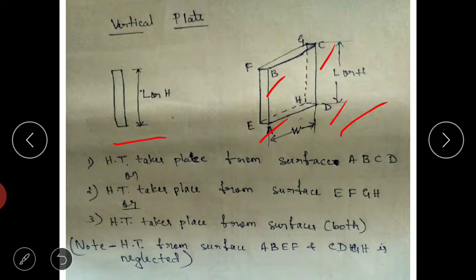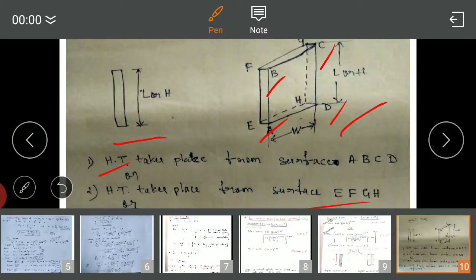Now the heat transfer is happening from both the surfaces. If in the problem it is said one of the surfaces is insulated, then heat transfer takes place from only one surface. Please go through the note here. Heat transfer takes place from surface ABCD, as well as from surface EFGH. If nothing is mentioned, heat transfer takes place from both the surfaces. If a particular condition is given, then we have to solve accordingly. Then there is one more note. You can see the note here. Heat transfer from surfaces AB, EF, CD, GH, and actually there are 4 such surfaces. I'll just try to explain.